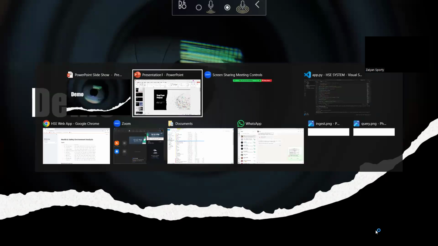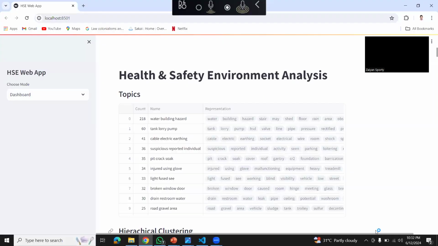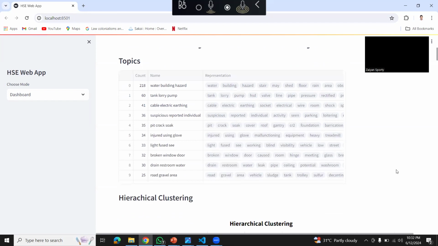So here is our updated and running version, the final version of our project. As you can see, through the use of NLP and BERTopic, we have made different clusters.